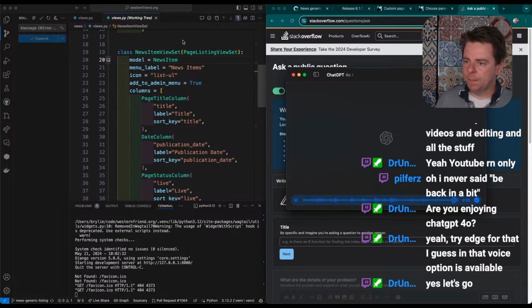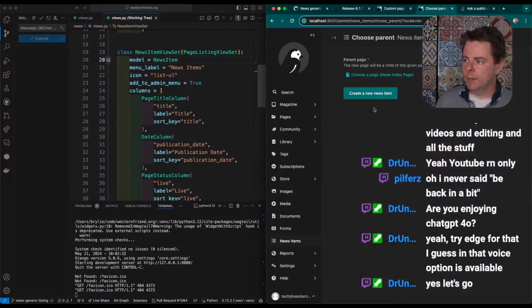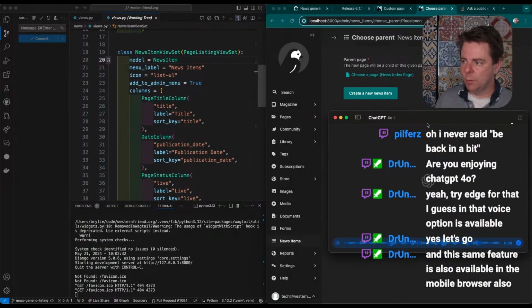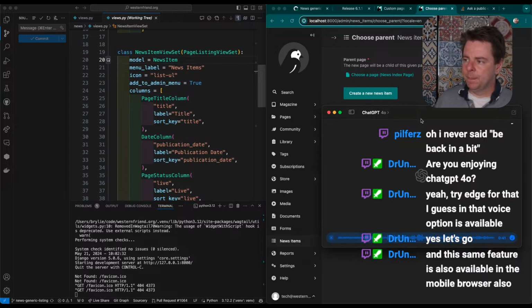Everything is working correctly, but when I click the button to create a new news item based on my Wagtail model instance, it wants me to choose the parent